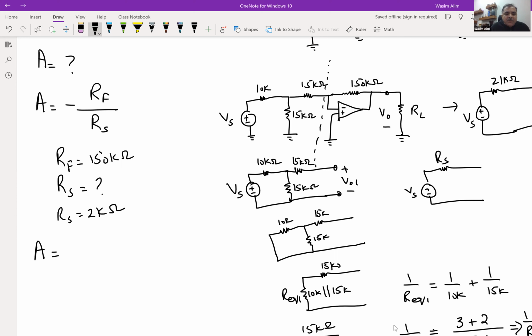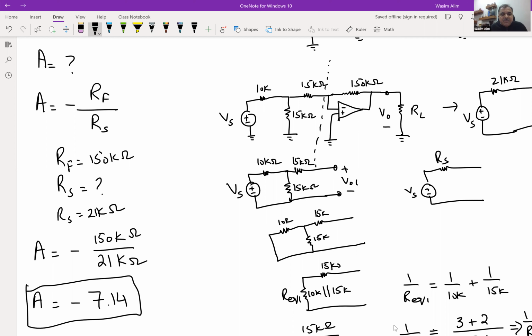So I can now calculate my gain, which is minus 150 kilo ohm over 21. And if you do this calculation, you're going to get minus 7.14. So typically gain doesn't have a unit here because it's a factor by which you multiply the input in order to get the output, right? So my gain is 7.14